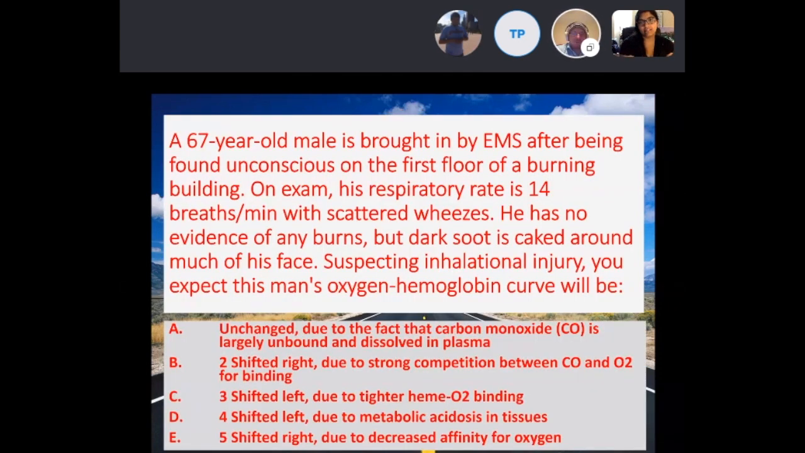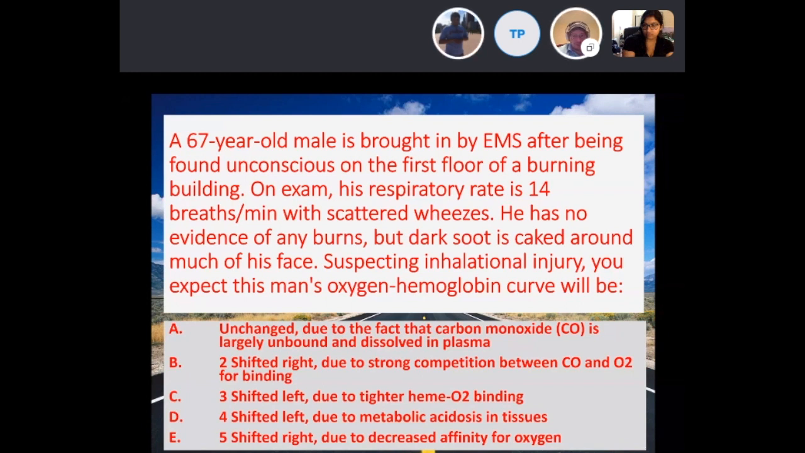So we got a 67-year-old man brought by EMS after being found unconscious on the floor of a burning building. On exam, his respiratory rate is 14 breaths a minute with scattered wheezes. There's no evidence of any burns, but there's dark soot caked around much of his face. Suspecting inhalation injury, you expect this man's oxygen hemoglobin curve to be